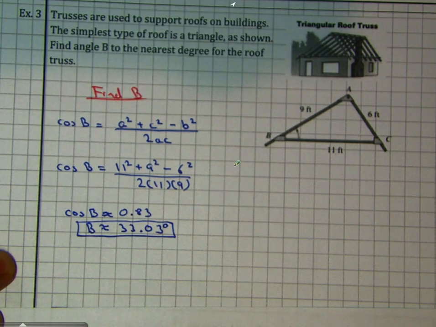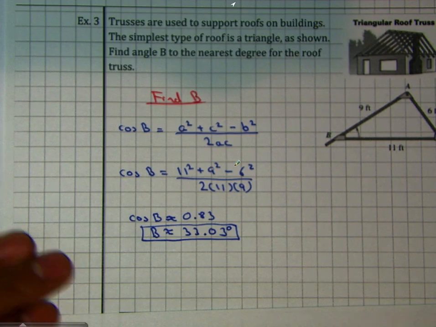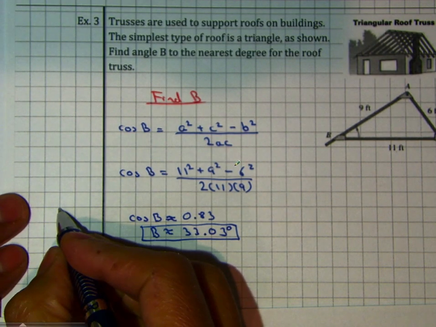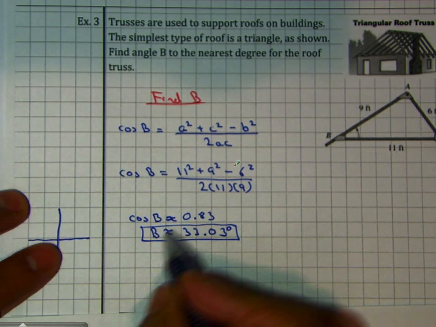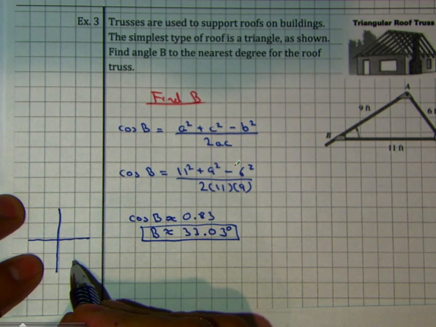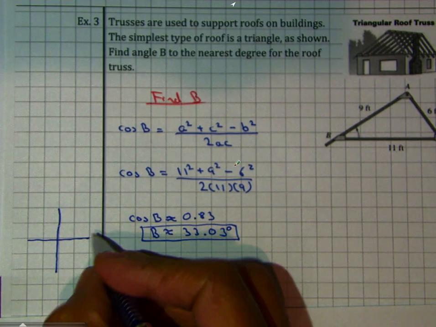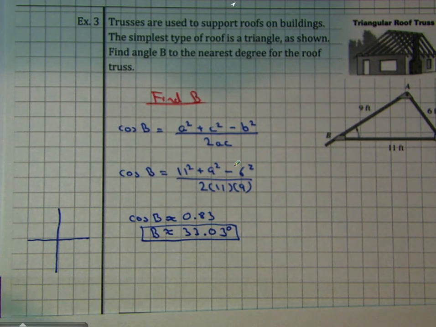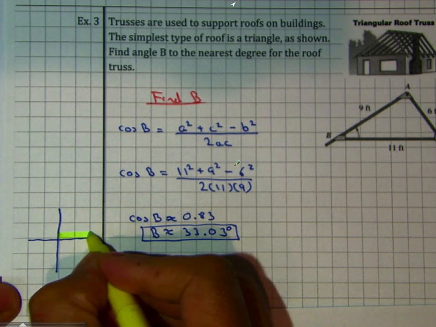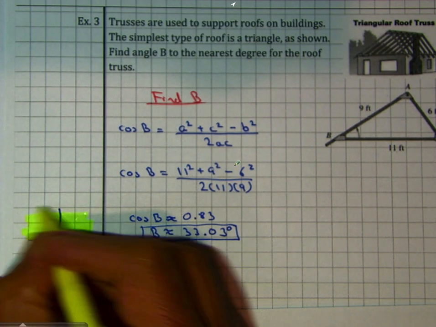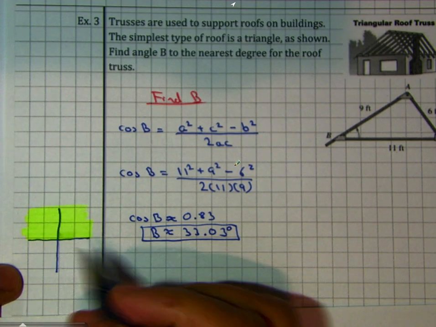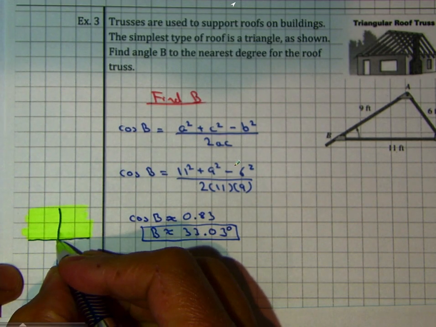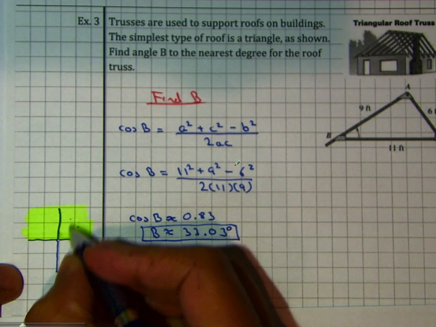Now remember that with the law of cosines, you do not need to figure out whether you have 1 or 2 triangles. They'll give you an angle from 0 to 180 degrees, so either in quadrant number 1 or quadrant number 2. So if it's 33 degrees, which will be over here,